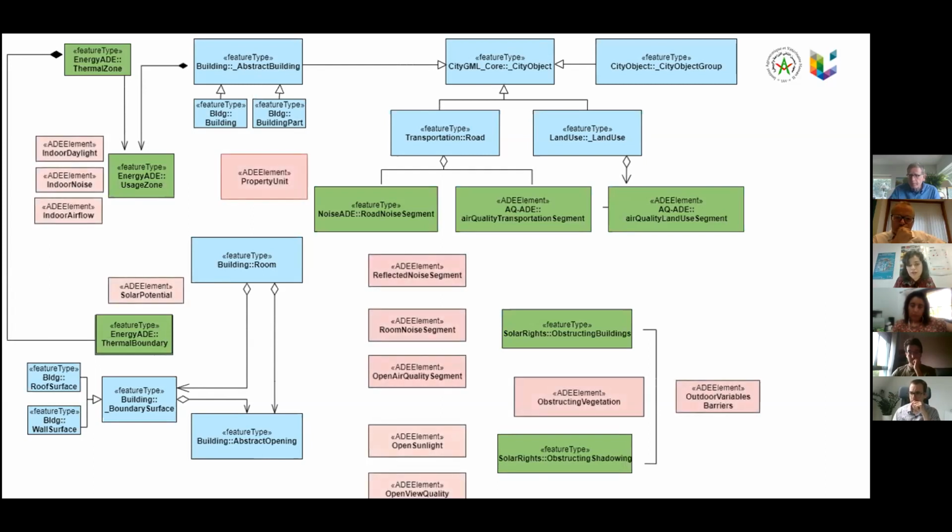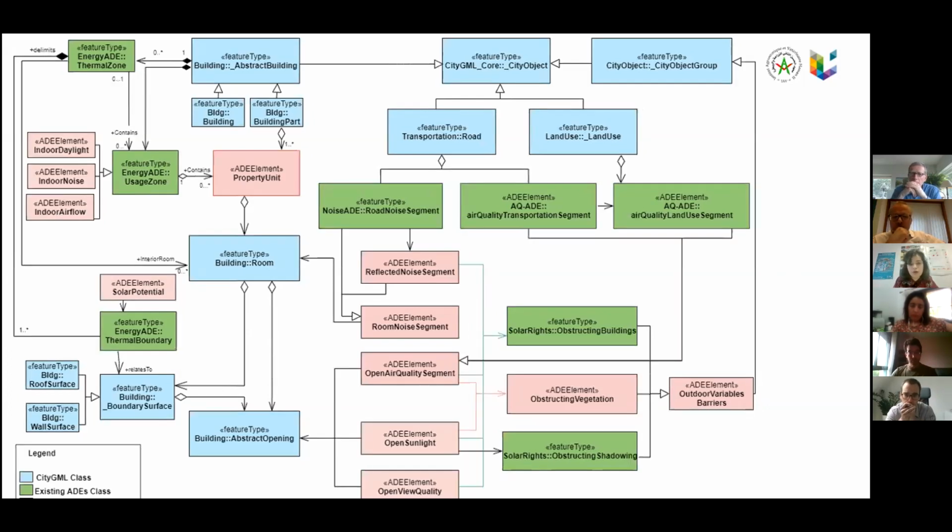The other variables that are not integrated within the mentioned CityGML and CityGML EDOs are going to be proposed either as EDO elements or attributes, or as relationships between these elements. So our whole model is going to be presented based on the assessed value of each variable connected to the property units. That's why we have, basically in the center of our model, the proposed unit, which is physically the property unit that can be a flat